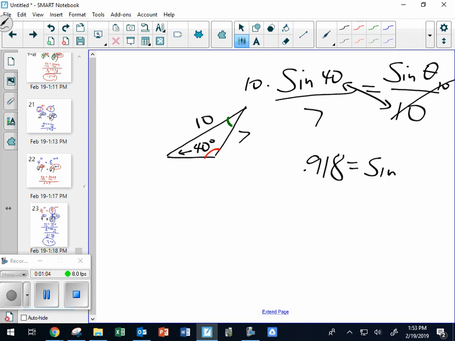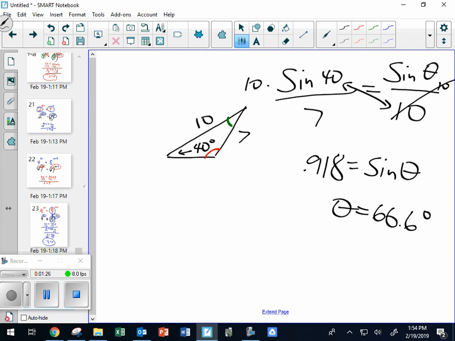equals sine theta. And then how do you fix those? Inverse sine. Good. So I go inverse sine of 0.918. And I get 66.6. Theta equals 66.6 degrees. Raise your hand if you had that right, which is right, but it's in the wrong